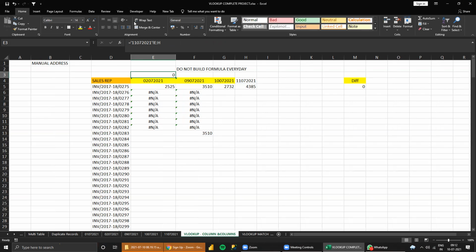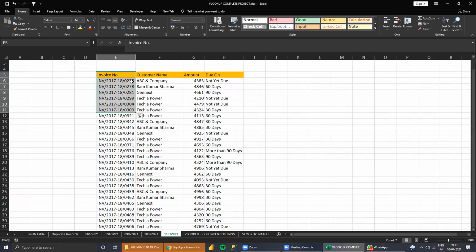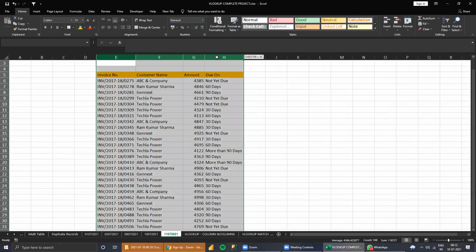So we see here: single quote, tab name, again single quote, exclamation mark, range. Did you select only the table or the complete sheet, Anand? No, the range, A2. Okay. Because we need to refer to column E to column H for the VLOOKUP table, right? So that is the reason.